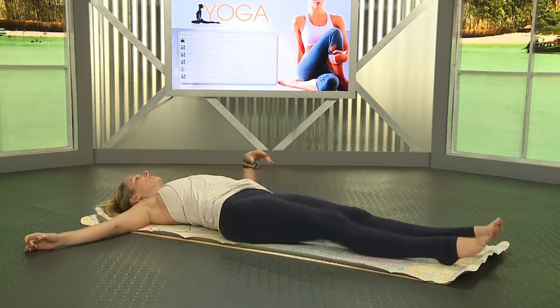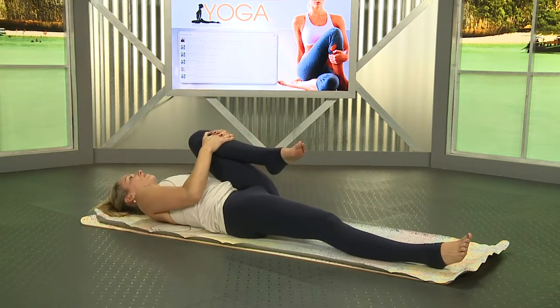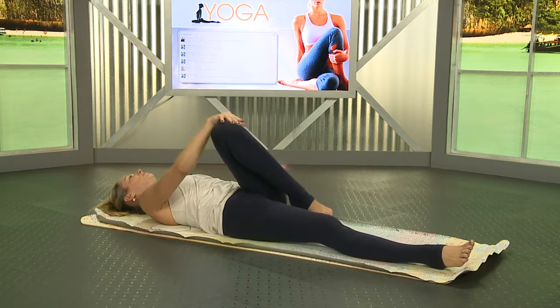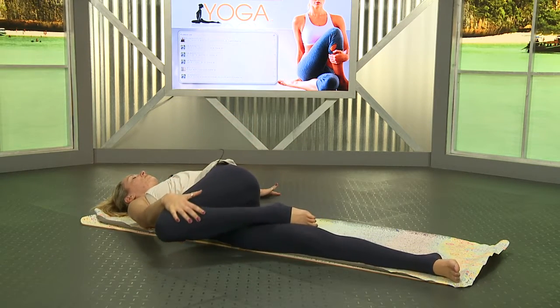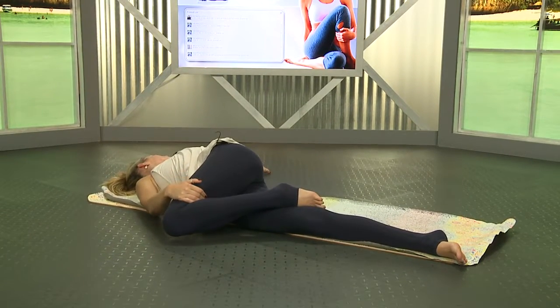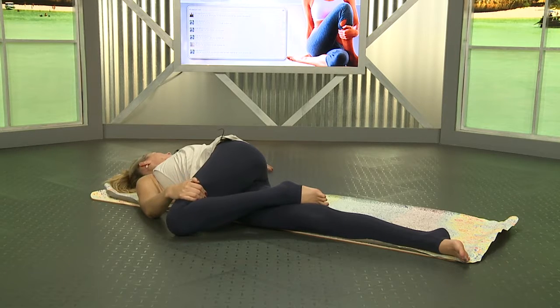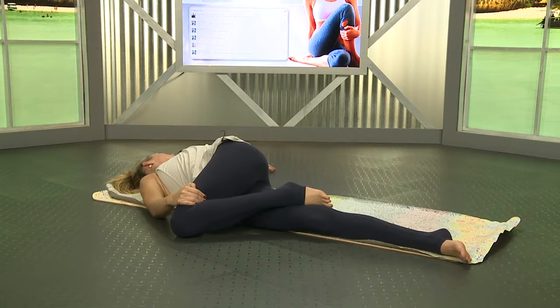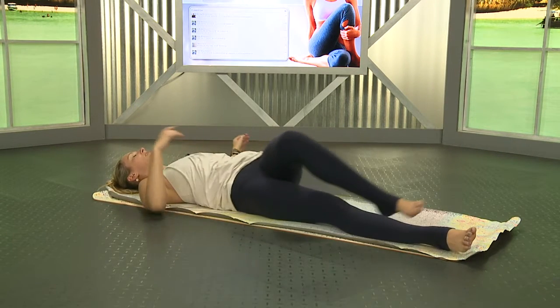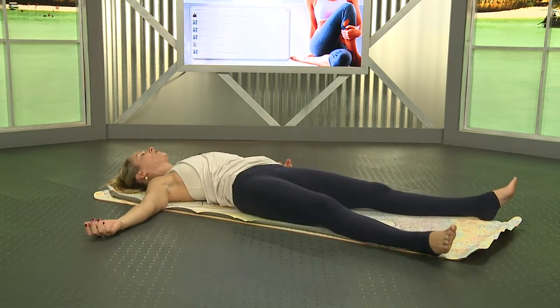Unwind, straighten out the right leg, hug the left knee in, and exhale, twist. Inhale. Good, back to center. Just let the feet flop out, the palms fall open, just kind of shake your body,